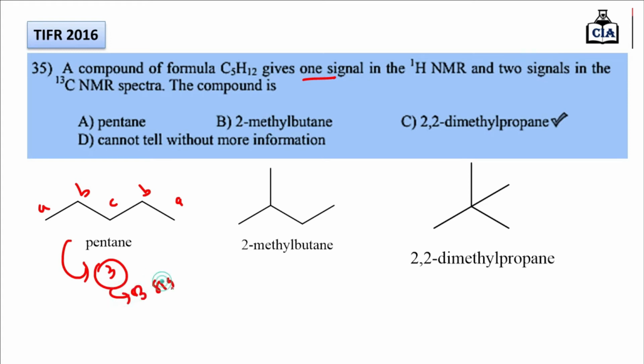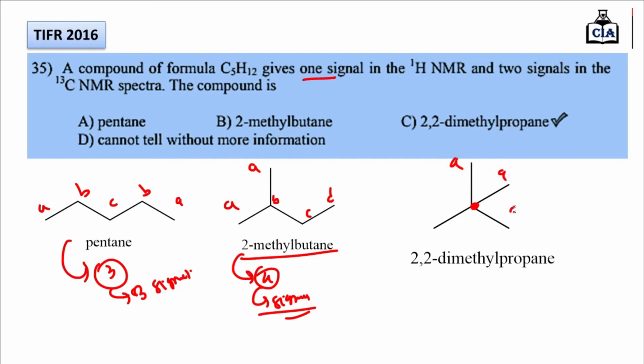Okay, then in 2-methyl butane there are total A type, B type, C type and D type. So this is having 4 types of proton, that will give 4 signals in a spectrum. Now next question, next compound has group which is attached at sp3 carbon atoms. Okay, and all these methyl groups are equivalent, so all these protons are equivalent protons. So there are total 12 Ha protons, that will give this singlet, because there is no hydrogen atom at this adjacent carbon atom. So only option C is the correct answer.